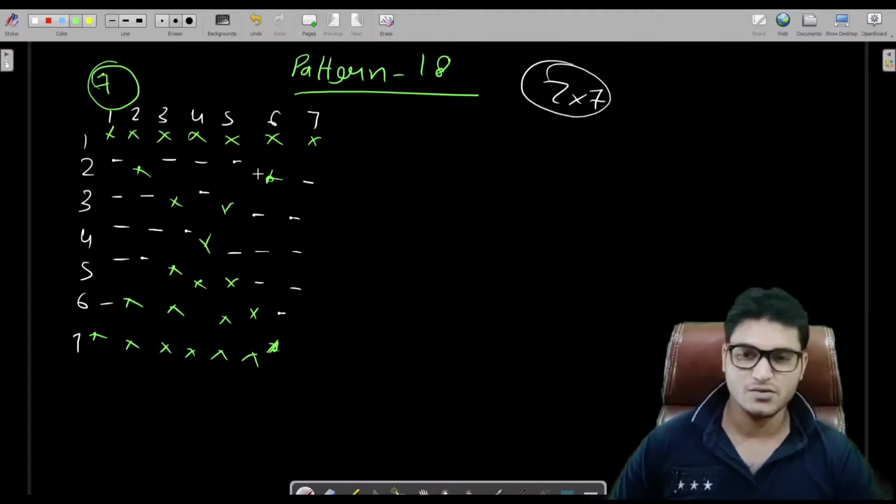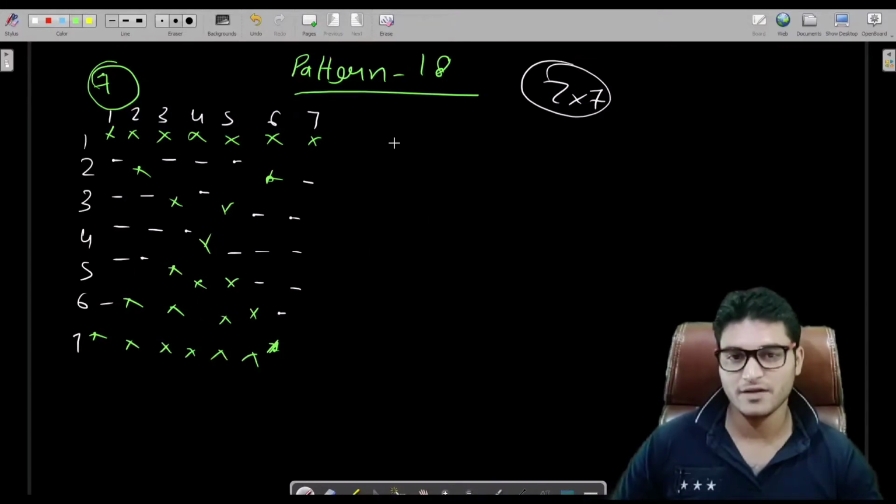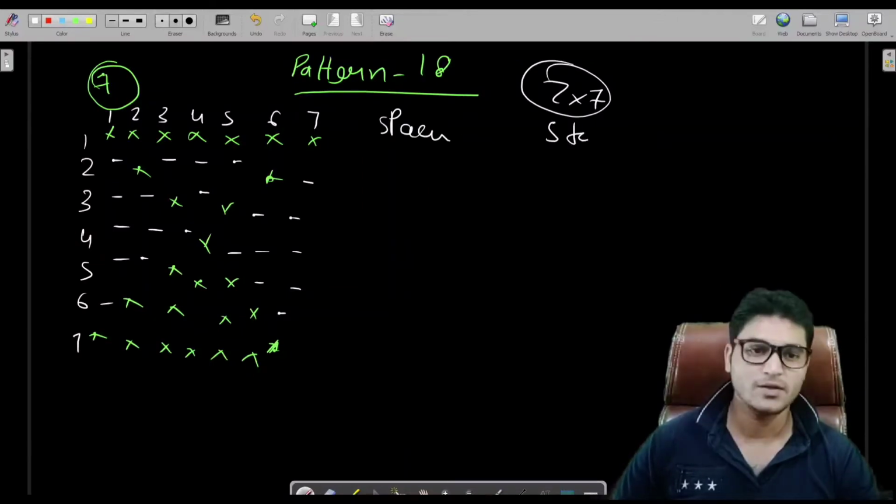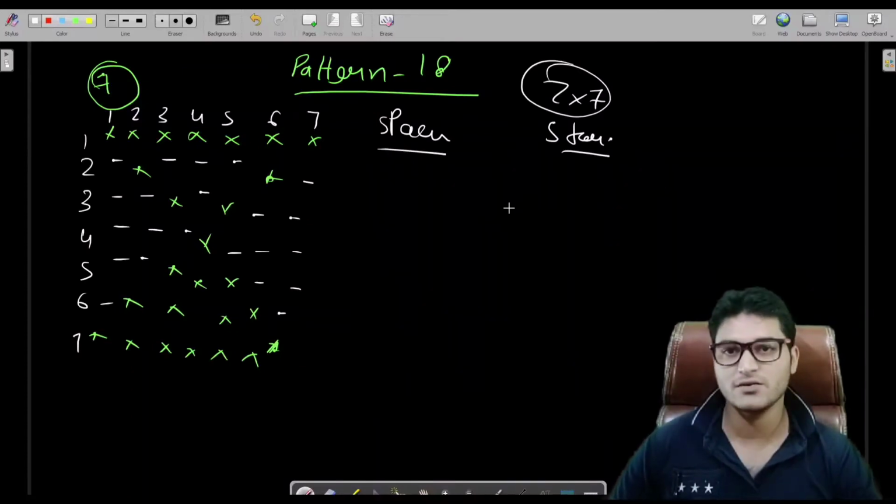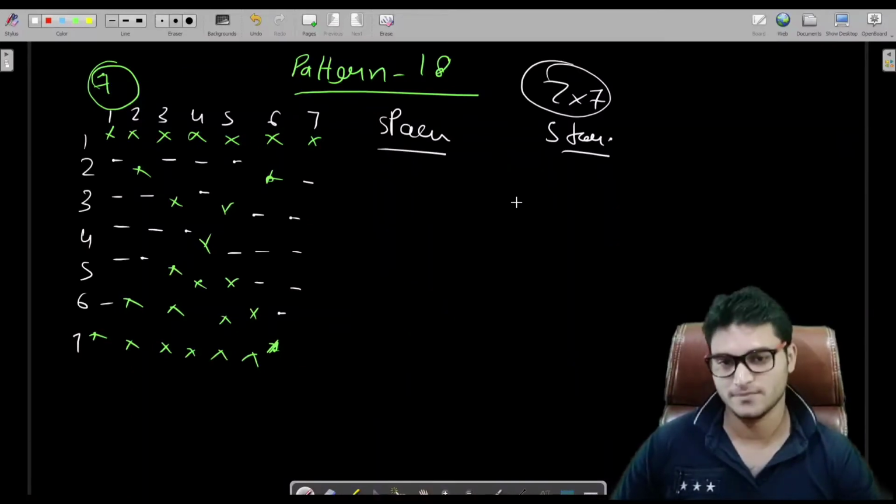Fine. So as I am explaining from the very beginning, while building the logic for any kind of pattern, firstly we have to take care about the number of spaces and the number of stars. This would lead us to the logic of the actual program.